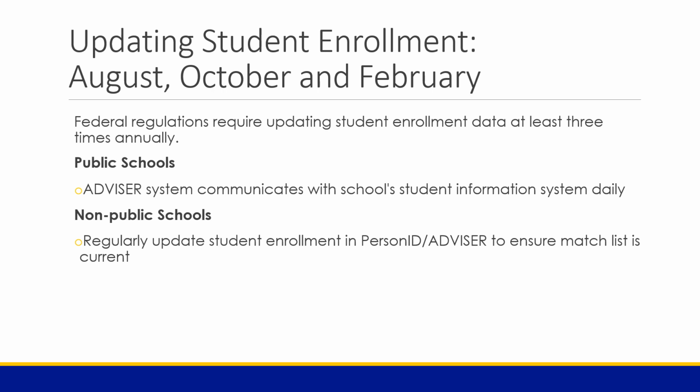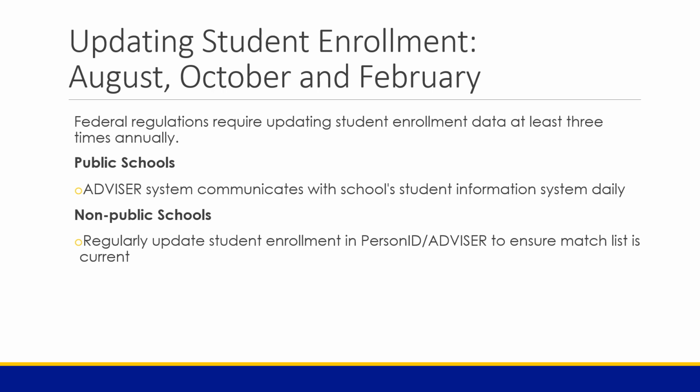And public schools' student information systems are usually approved to communicate with Advisor in late August or early September. After that has happened, then in many cases, the communication between a student information system and Advisor occurs automatically every day, so that 3 times a year student enrollment information update is happening much more frequently actually,